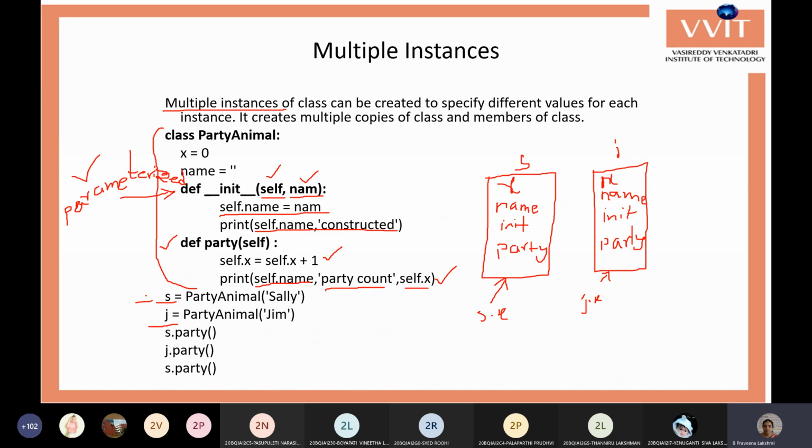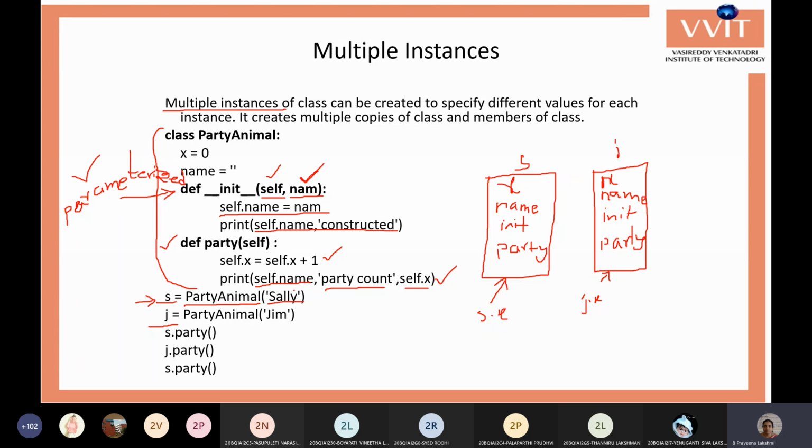One object is the S object; party animal is the class name. Whenever you create the object, it calls the constructor. Our constructor has a parameter, NAM, so for this parameter we have to send a value.